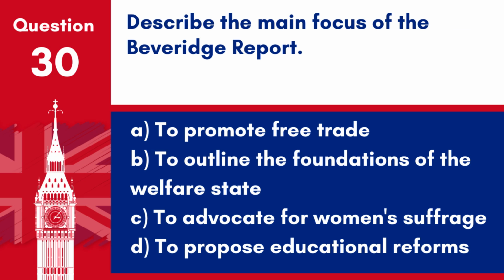To promote free trade. B. To outline the foundations of the welfare state. C. To advocate for women's suffrage. D. To propose educational reforms. Answer. B. To outline the foundations of the welfare state. The Beveridge Report of 1942 proposed widespread reforms to address social welfare issues, laying the groundwork for the modern UK